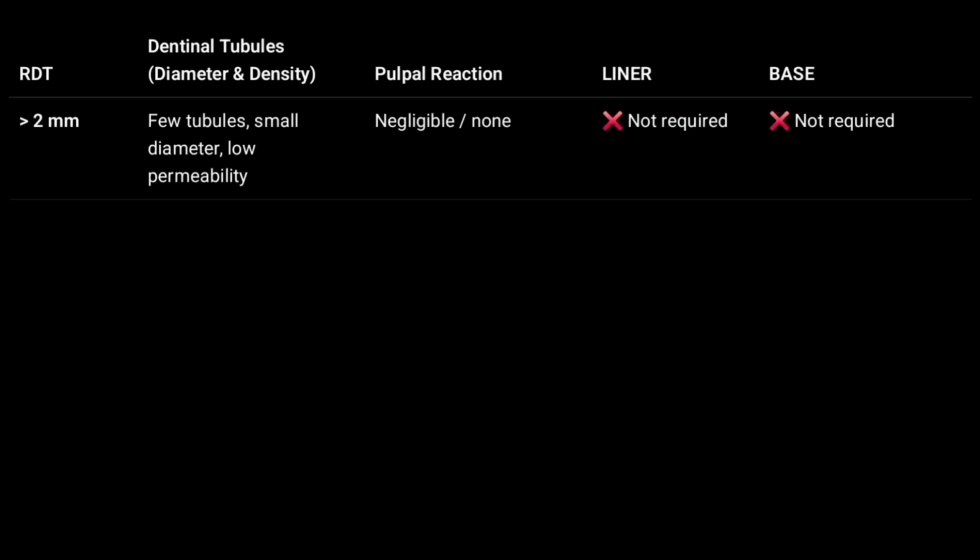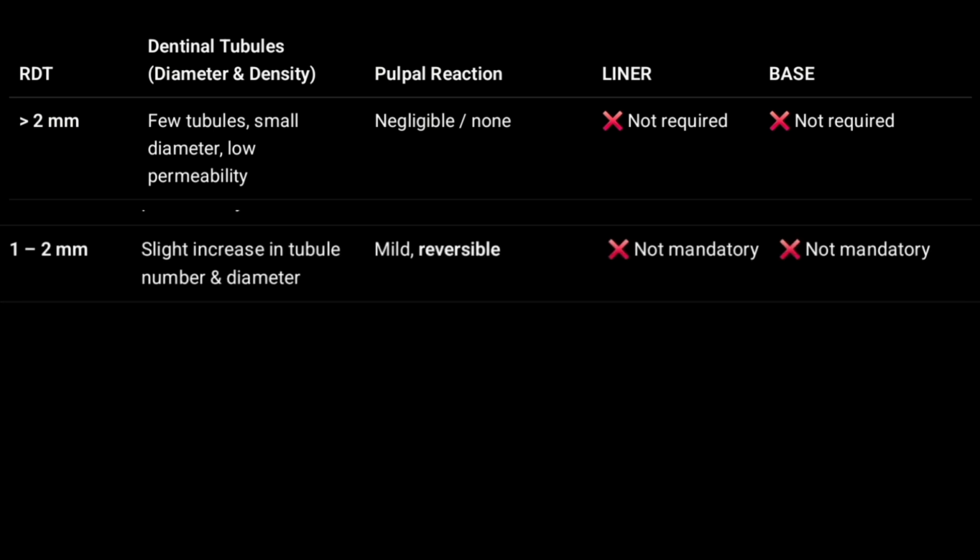With a remaining dentine thickness of more than 2 mm, you do not really need liner and base, as the pulpal reaction is negligible to none here. With a remaining dentine thickness between 1 to 2 mm, there is a slight increase in tubule number and diameter. There can be a mild pulpal reaction, but again, liner and base are not mandatory because there is sufficient dentine left